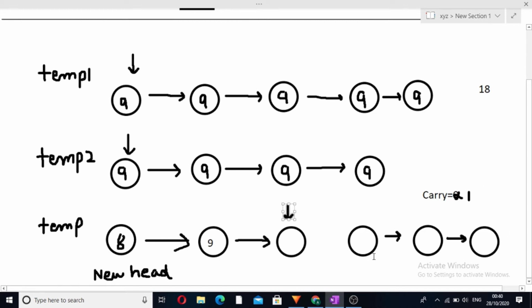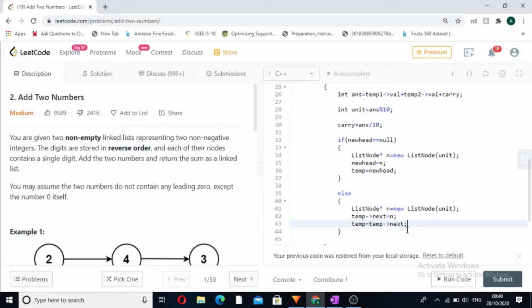How will we be able to connect those nodes into our new linked list when our temp is pointing here? So temp should always be pointing at the last of the new linked list. So we have updated temp is equal to temp next, so that it points to the last of the linked list.